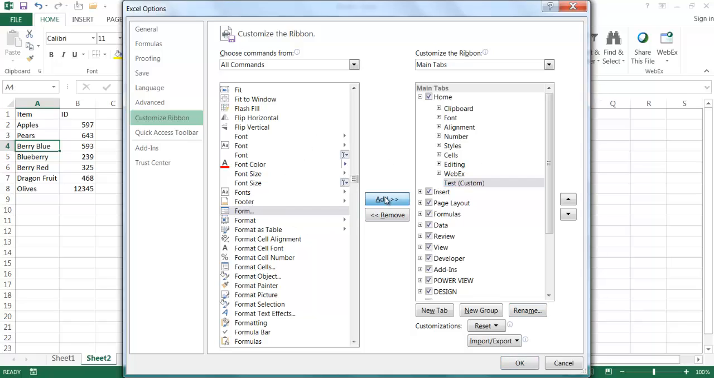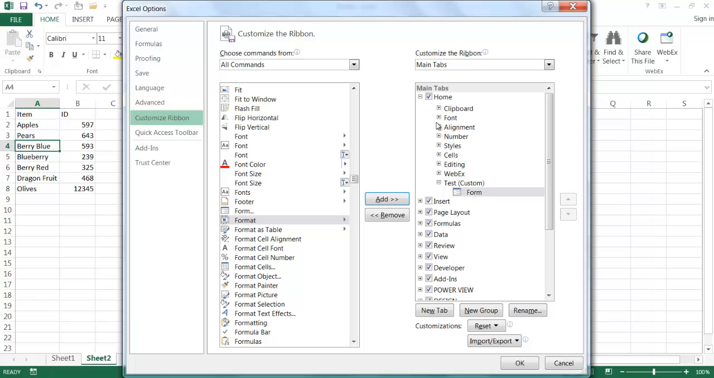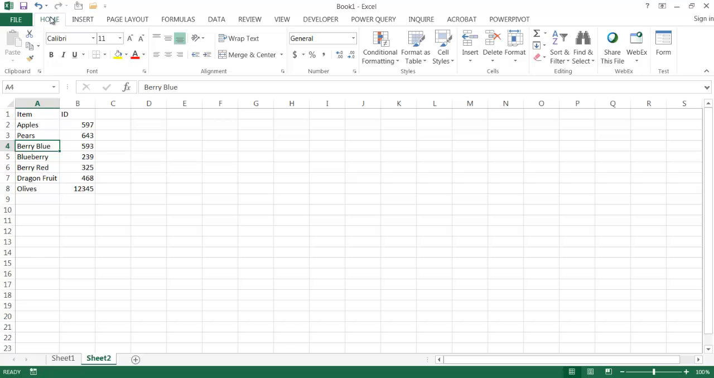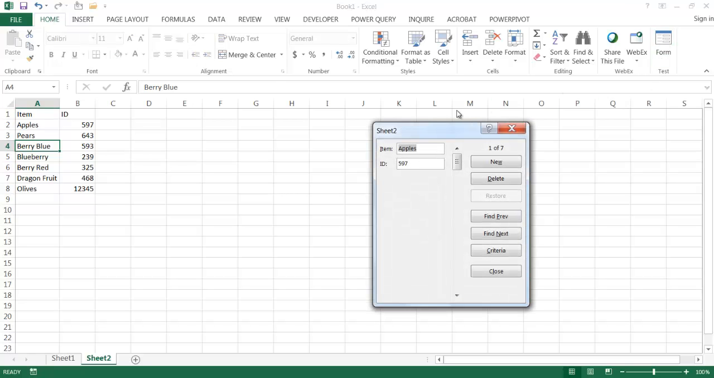So I'll click add. We put the form under the test group. It's in the home ribbon. I'll click OK, and now you notice if I'm in the home ribbon, there is this test group, and I can just click on form, and it's going to bring up the same form. So I need to press new, and then another type, fruit or vegetable. Maybe I'll put vegetable this time,